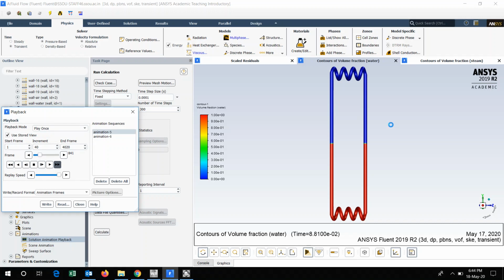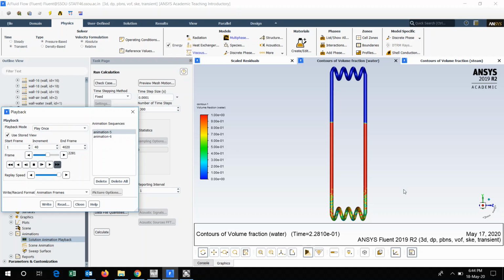After 1600 you will observe the changes, and the fluid flow pattern will be developed. Now around 1600 it starts to develop, and you can observe some region over here as well in the fluid flow simulation.